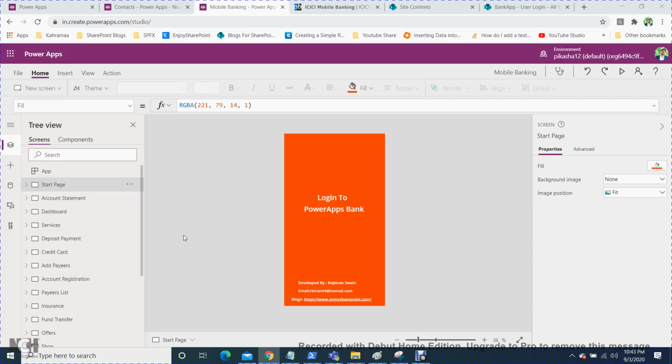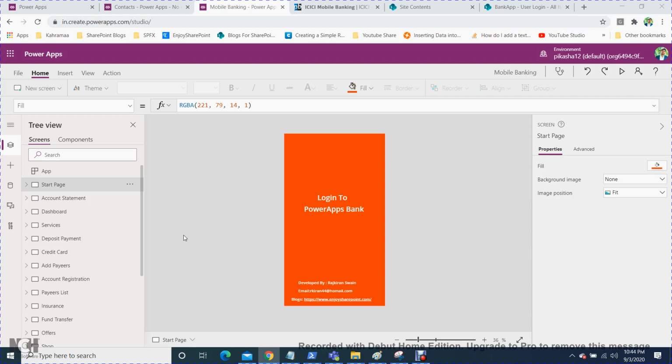It's very simple. Here I am using a SharePoint list to store all the credentials, and I am connecting my Power Apps with the SharePoint list.